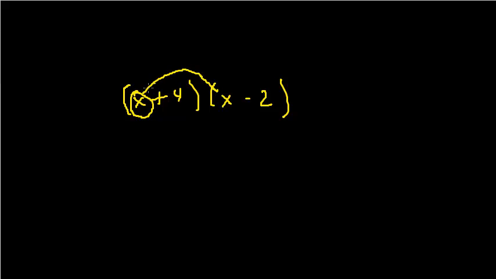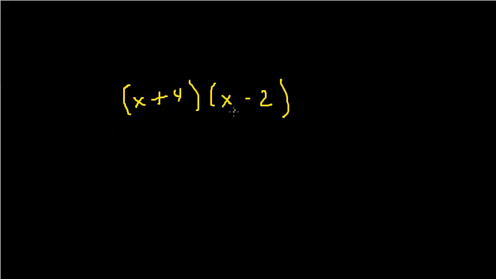The real interesting part is when I get to binomials times binomials. So let's take a look at that. If I have x plus 4 times x minus 2. When I have a binomial times a binomial, I'm doing something similar to what we did before, except now I take each piece here and multiply it by everything. So this term x gets multiplied by each piece in the parentheses, and this 4 gets multiplied by each piece